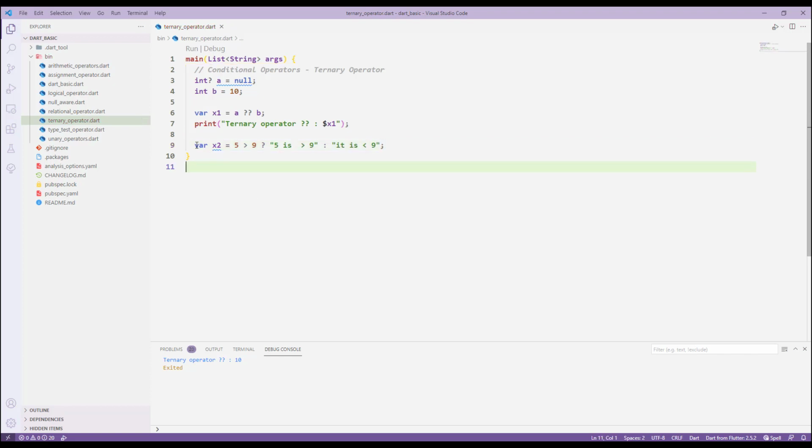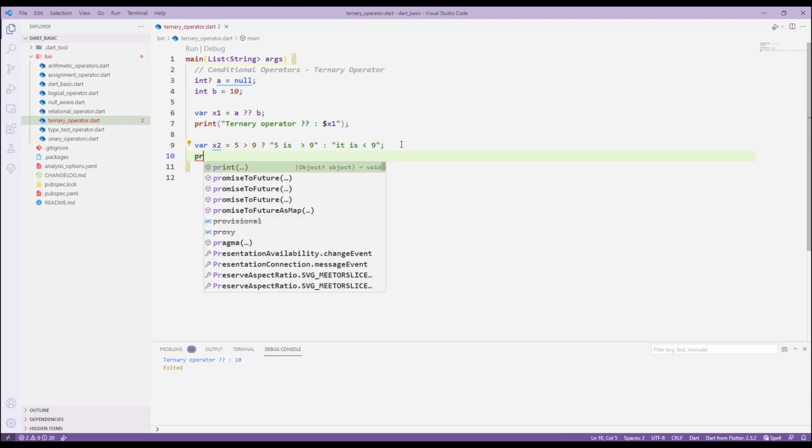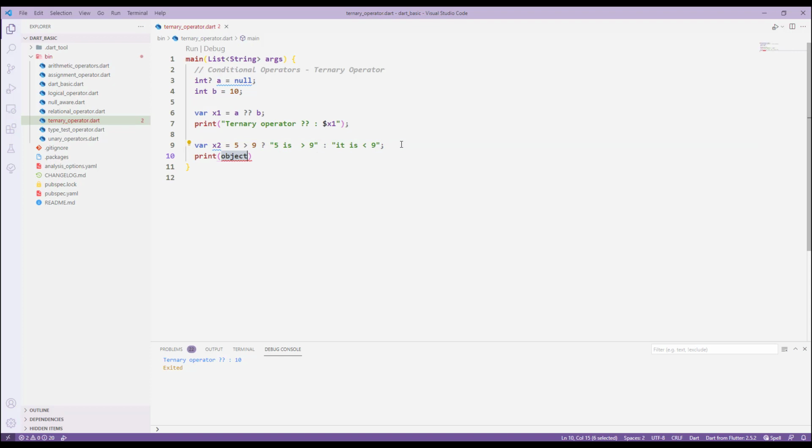You can see that the variable x2 is now testing the condition. The condition is: if 5 is greater than 9, then set the value '5 is greater than 9' to this x2, or else, if it is not greater than 9, then set this other value to our x2. Now if you print out this x2 over here, I'll call this one ternary operator,